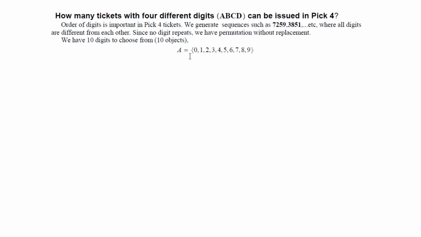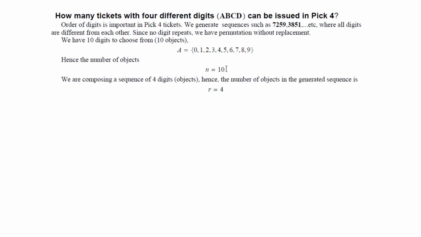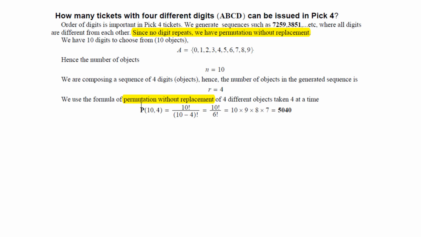In such a case we have 10 different objects numbered from 0 to 9, so n is equal to 10, and we are withdrawing 4 objects, which means r is equal to 4, and we can apply the formula of permutation of 10 digits taken 4 at a time, which is 10 times 9 times 8 times 7,